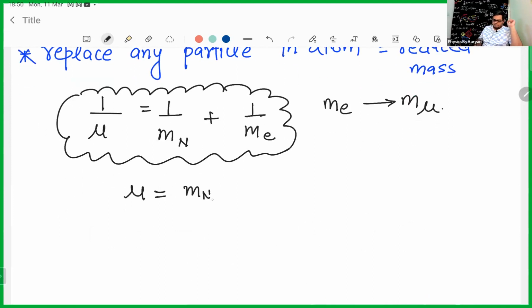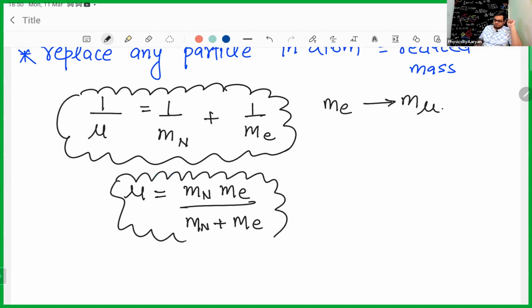If I take the LCM, it will be mass of nucleus into mass of electron divided by mass of nucleus plus mass of electron. So this is the formula for reduced mass. Okay,